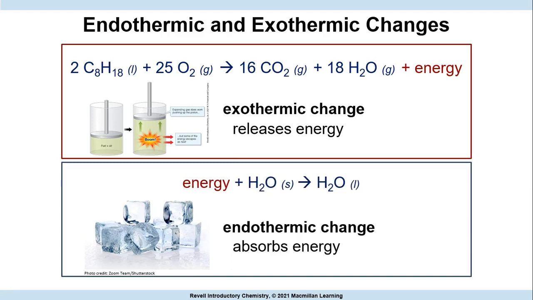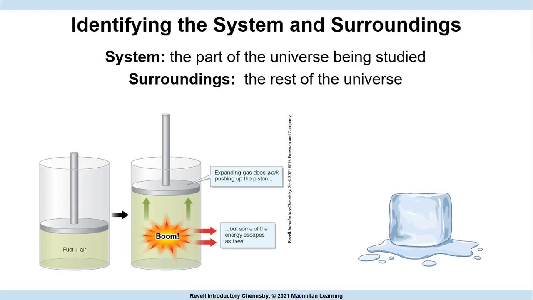So we could write out the equation for the endothermic process like energy. The ice needs to absorb energy to be converted to liquid water. Now, let's see how we can identify the system and the surroundings. When we were talking of this piston, we have only been talking of the piston and how the energy is released. So we are going to define a system and we are also going to define the surroundings.